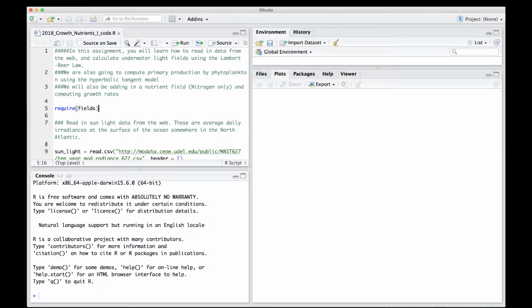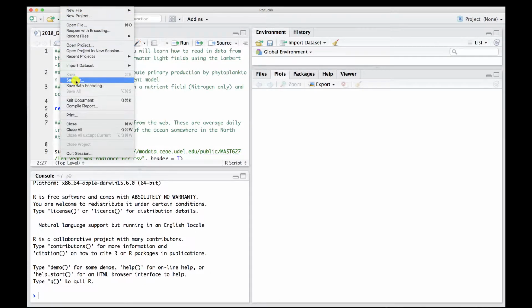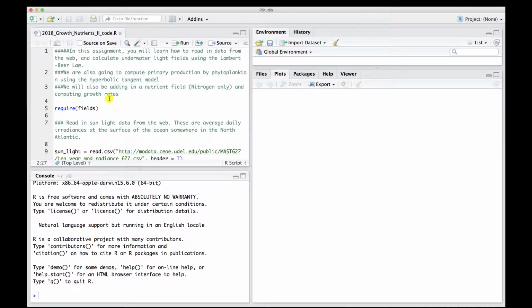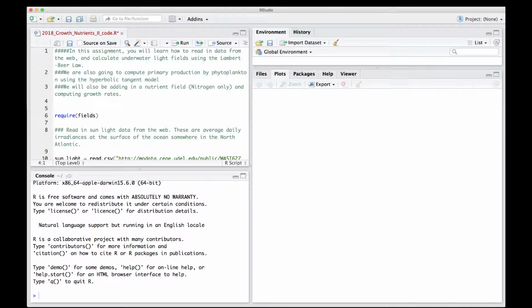All right, in this exercise, we're going to keep building off our growth nutrients 1 code from last time, which I have loaded up here. I'm going to go ahead and save it as growth nutrients 2 code, so we can recover that if necessary. It's going to be largely the same. We're not going to do as many modifications as we did last time. So we're also going to be adding a nutrient field and computing growth rates, and in this version,